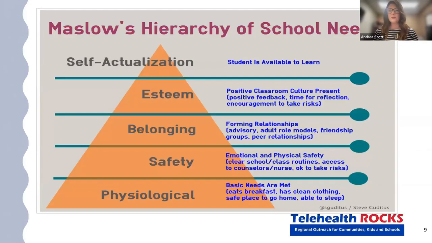Okay, so I'm sure many of you are familiar with Maslow's hierarchy of needs: food, shelter, water, psychological safety, right? So if you're looking at the pyramid, at the very bottom it says psychological. So we're thinking about basic needs. We as adults can naturally fill our own holes, meaning that if we're tired, we can sleep. If we're hungry, we get something to eat or drink. And so we know that that provides us some psychological safety, right? We're saying, "Hey, I got up this morning, I went to school, I had the same routines and everything, and I felt safe." Then we have belonging, which is forming relationships with adults and our friendships all the time. And then we have our self-esteem and our self-actualization.